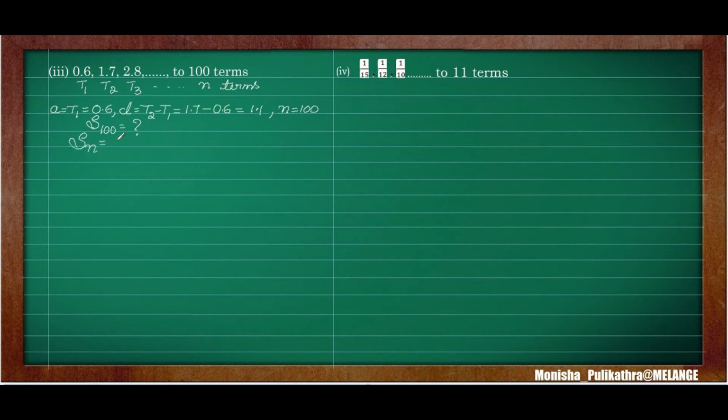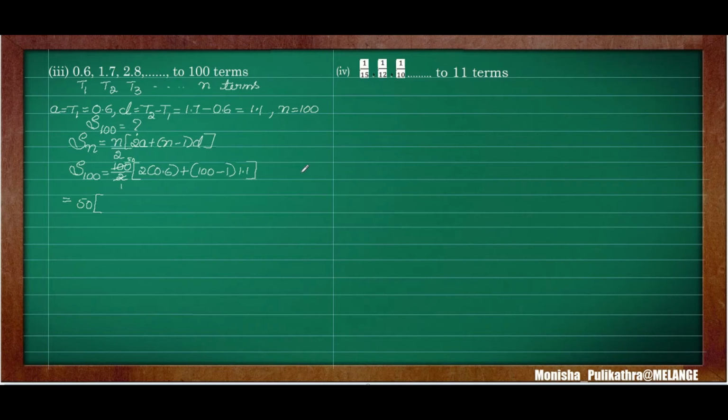So first apply the Sn formula. Sn is equal to n by 2, 2a plus n minus 1 into d. Here n is equal to 100, therefore S100 is equal to 100 by 2, 2 into a, which is 0.6, plus n, which is 100, minus 1 into d, which is 1.1. So 2 ones are 2, 50s are 100, therefore it will become 50 into 2 into